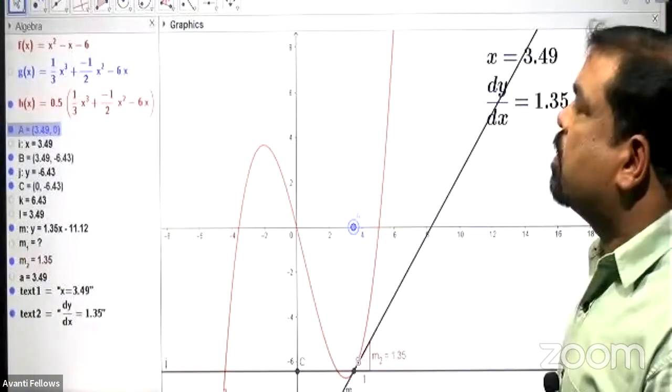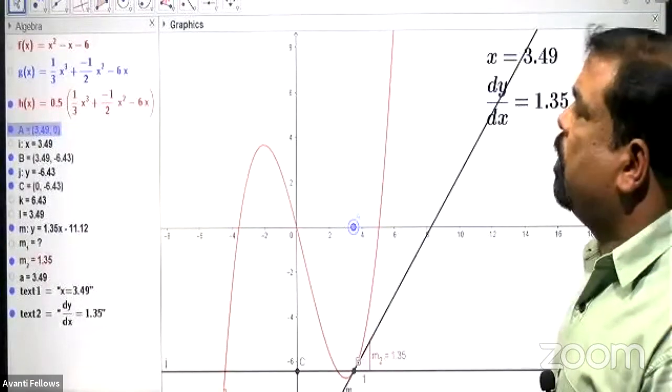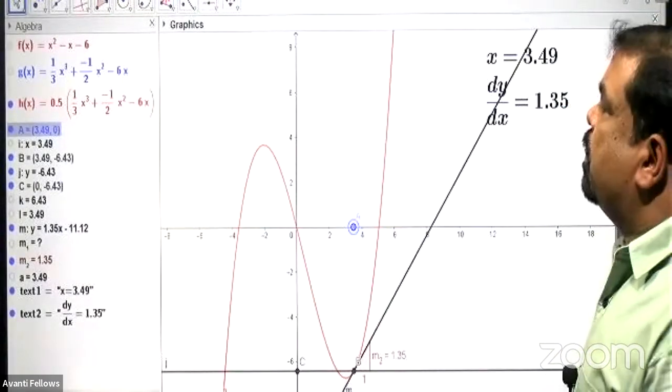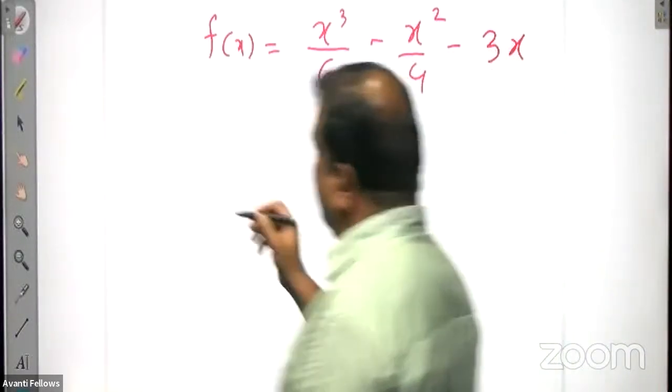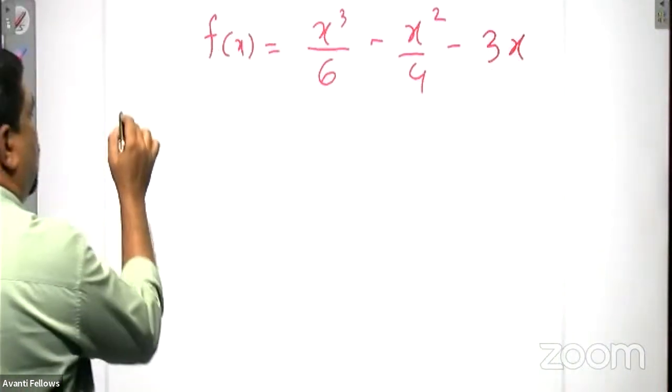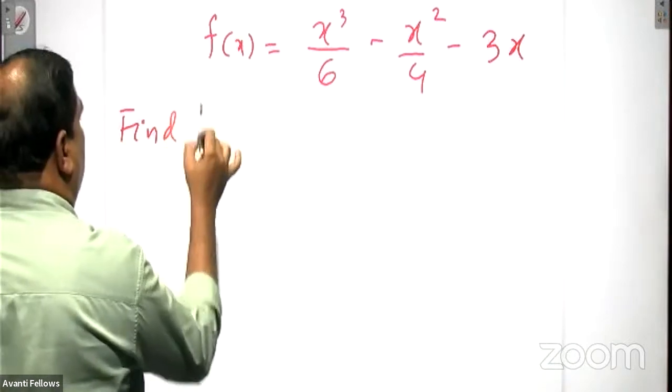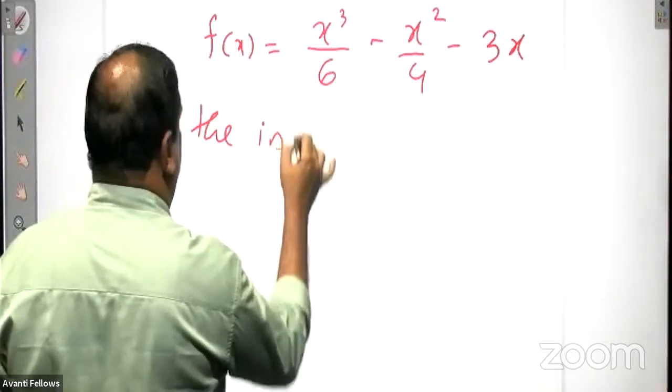This is the question. F of x equals x cubed by 6 minus x square by 4 minus 3x. So the question is, find the intervals